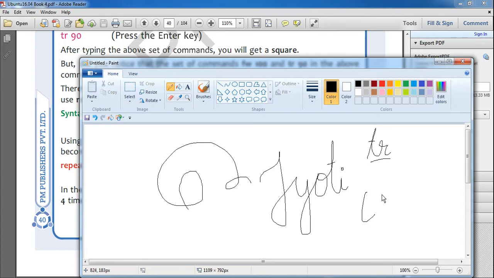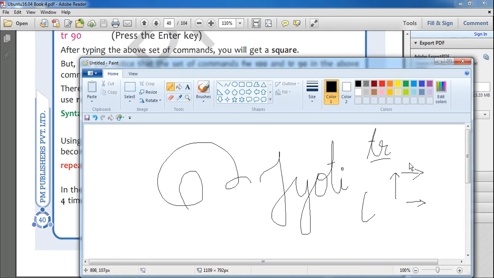There are some set of particular commands that we can use. Think that this is a turtle and it faces upside. It is facing the upper side. If I want to turn its face to this side, then it is the right side of the turtle.